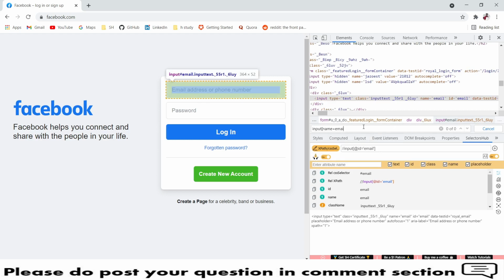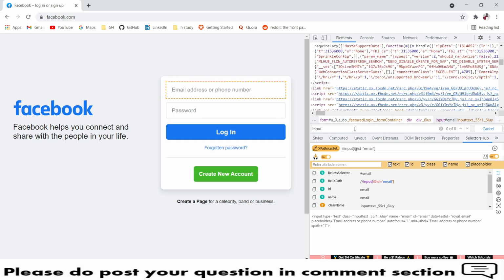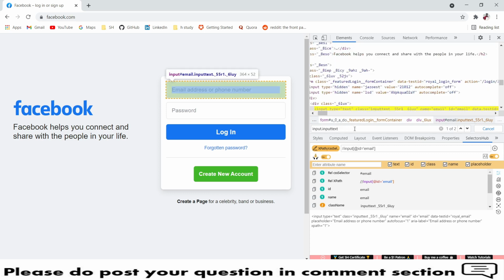So here this is my input, and after my input I wanted to use my class here. So this is a class. So let me copy that class, and after input you need to put a dot operator. A dot operator, if it is a multi reference class, then you need to use only one of them. And then after that you can use open close square braces, and under those square braces you can provide attribute and attribute value.